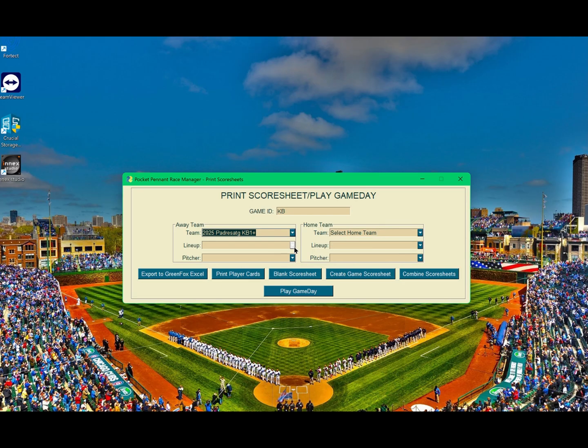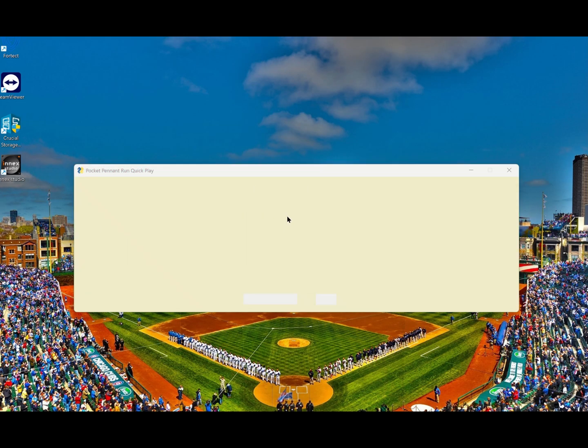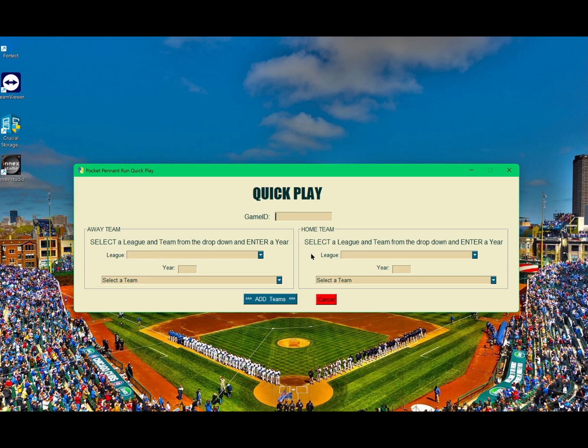Padres. That will come up the lineups, DH or no DH, and there you can choose your pitcher. But we're not going to do that from here because there's another way to play, and this is the way I usually play once I've saved teams. You can quick play any game in history,